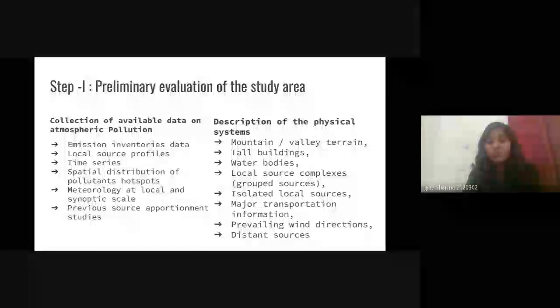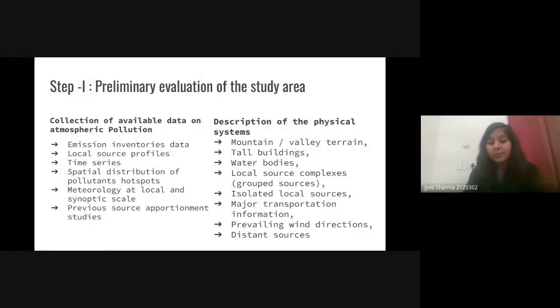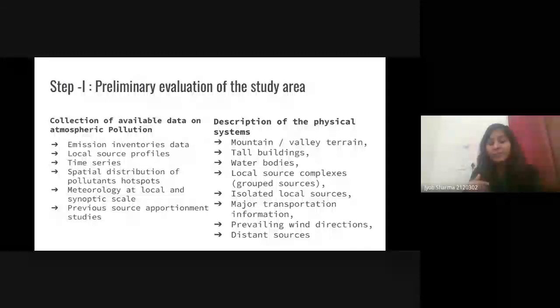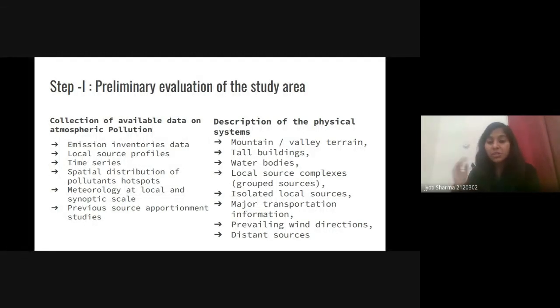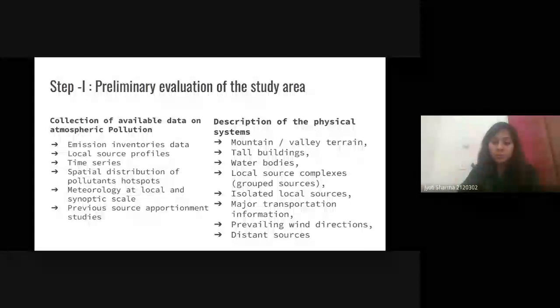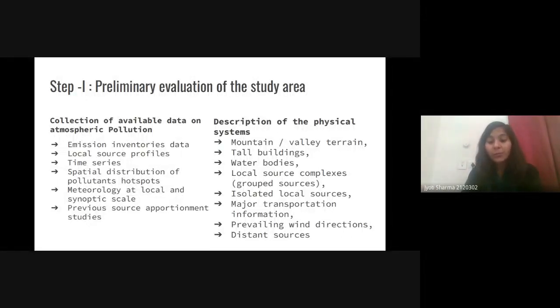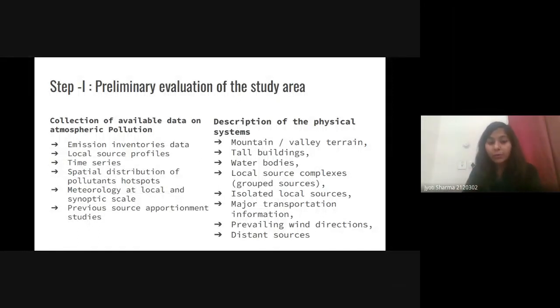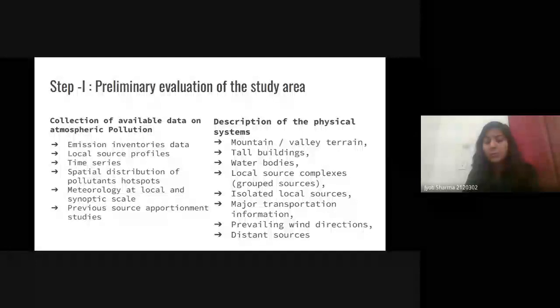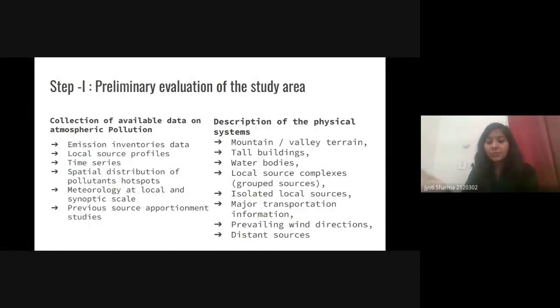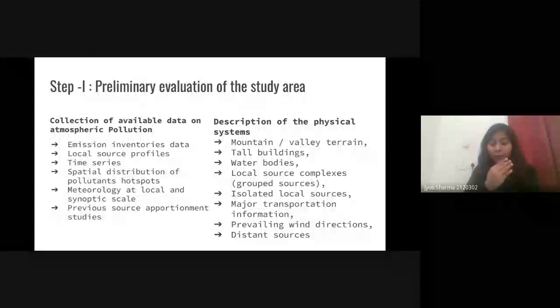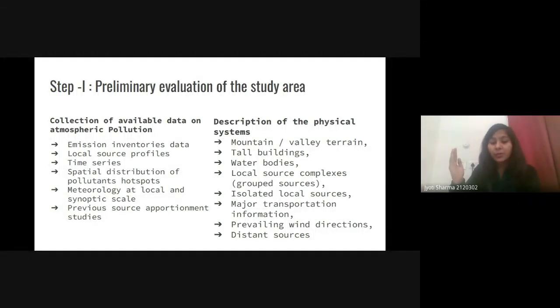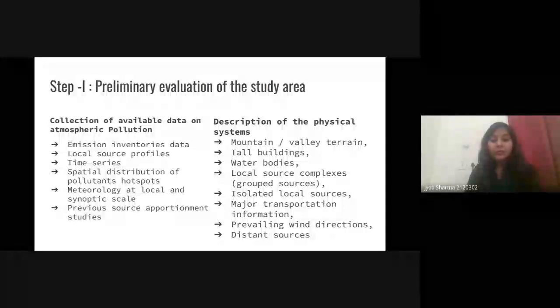And you also see the description of the physical system. For example, you will see is there any mountain or not, is there a tall building or not, because such kind of physical system will affect the transportation of your pollutant from source to receptor. So it is very important to know the geography of that area. Is there any tall building, is there any water body, is there any local source complex, is there any transportation information, or mostly in what direction the wind moves. So such kind of information you will collect